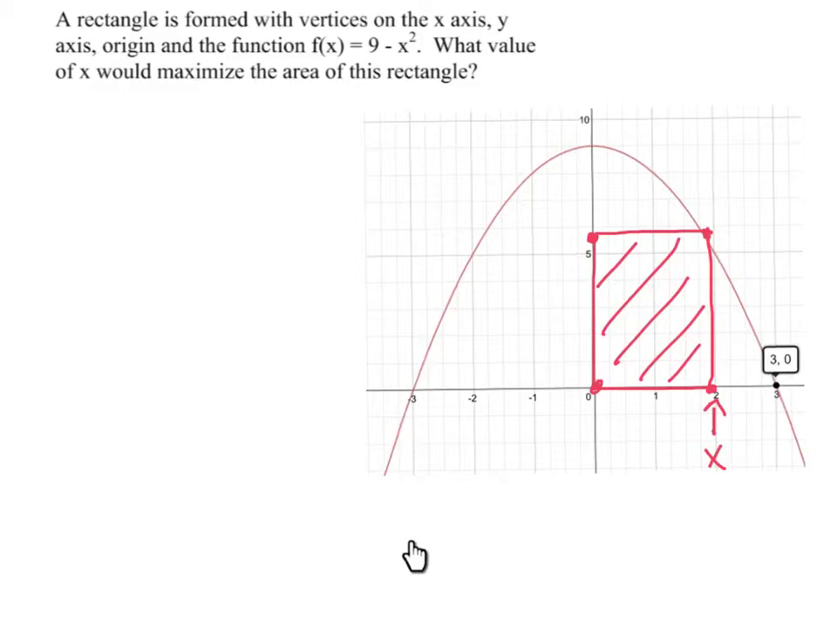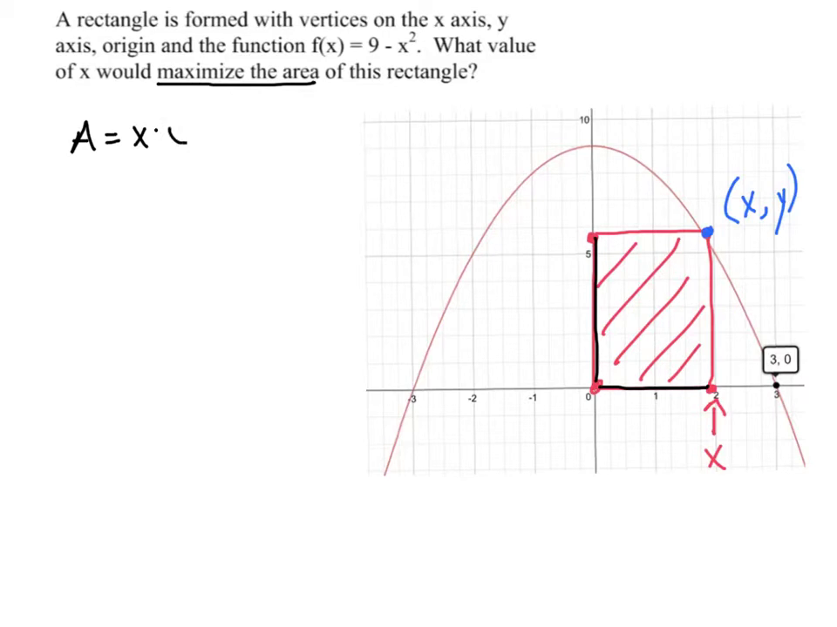I guess with any problem like this, I always begin by just drawing my picture so I know what it looks like and then saying, all right, it touches the function at the point x, y. So area is what we're trying to maximize here, right? So we're going to maximize the area. Area in our case is equal to the length of the bottom, which is x, and the height, which is